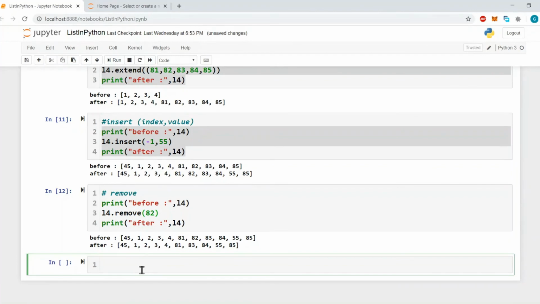Next function is pop. The default behavior of pop is similar to a stack. If you do not specify any item, then the last element from the list will be removed. And if you want to remove a specific item using an index, then we can do it. Let's see both options.